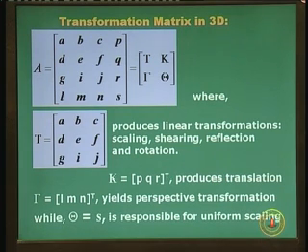And the last parameter S, that is why it is named S, is responsible for uniform scaling. If you recollect the concepts and equations of two-dimensional transformation matrices, the bottom right diagonal element is always responsible for uniform scaling in 2D. In this case, it is responsible for uniform scaling in 3D.